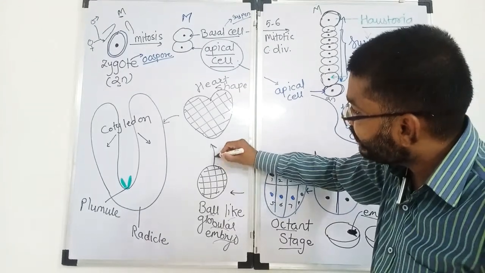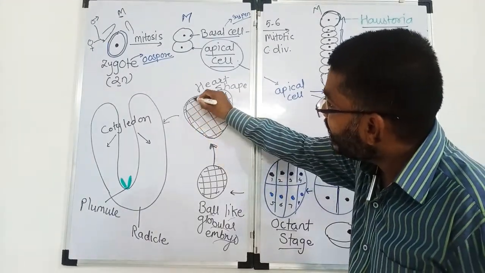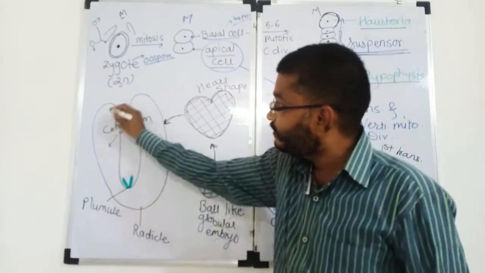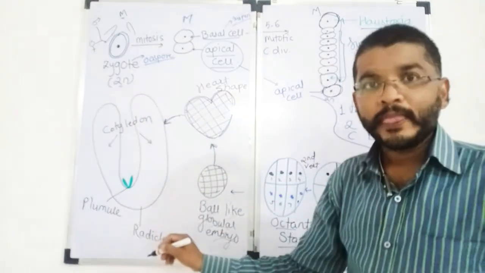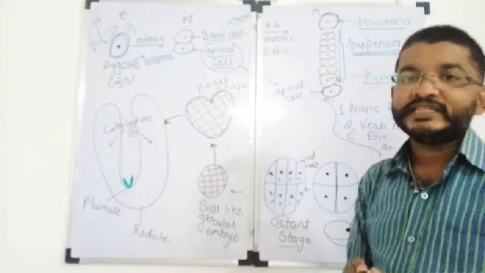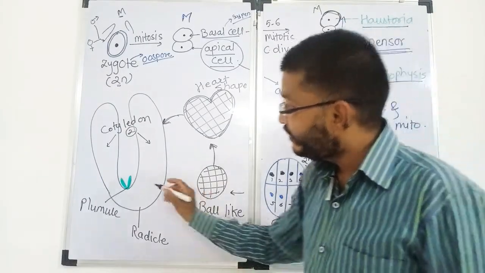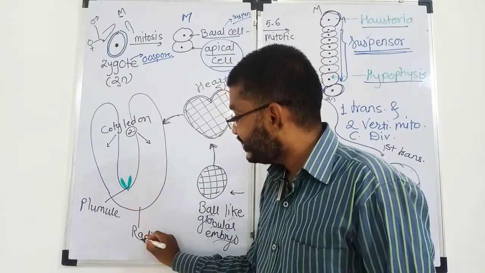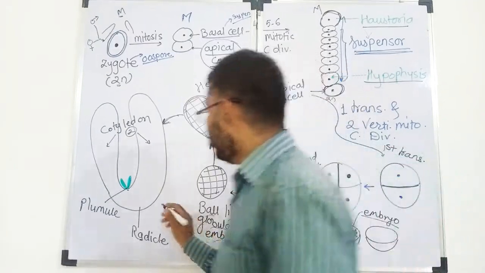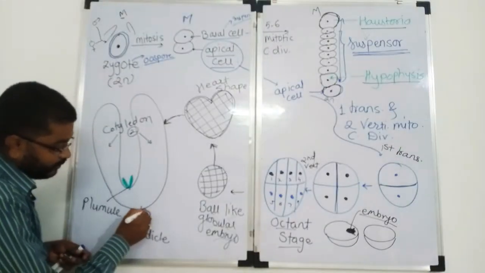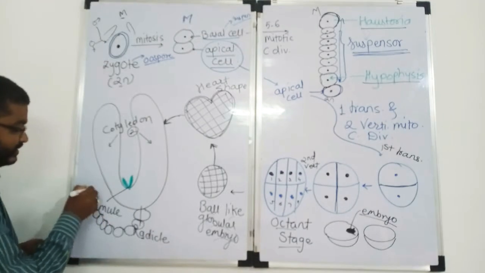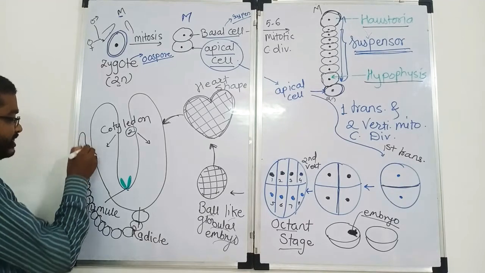Later on, that globular embryo becomes heart shaped, and finally the heart shaped embryo becomes horseshoe shaped, provided with either 2 cotyledons in dicot and a single shield shaped cotyledon in monocot, with the plumule and radicle. One thing here I want to tell you, इसके नीचे क्या है? Here is your hypophysis and the remaining suspensor cells. They are present like this. तो ये suspensor के cells है.